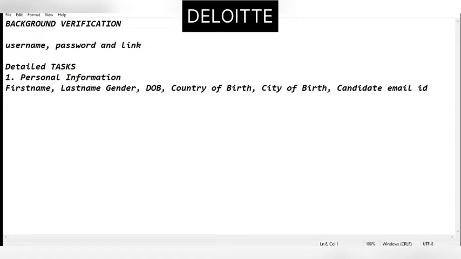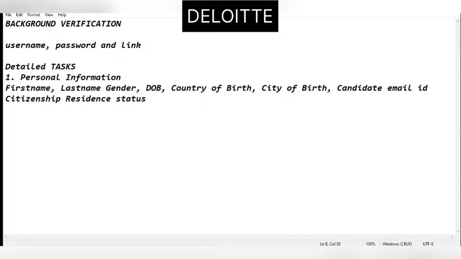Okay, so this all comes under the personal information, and if you have an alternate email ID you can also give it, and your citizenship. So all this will be asked in the personal information page,